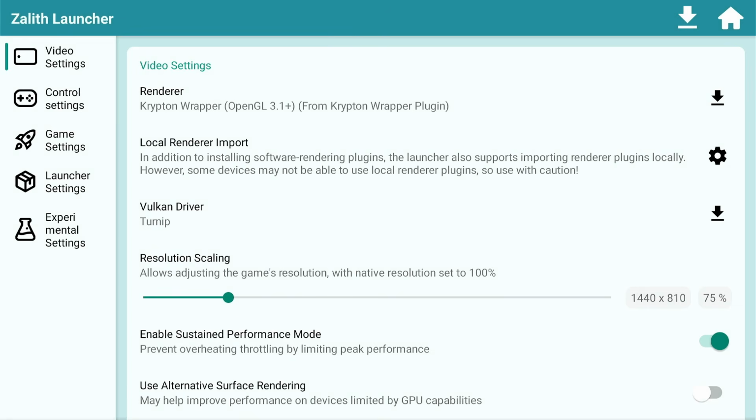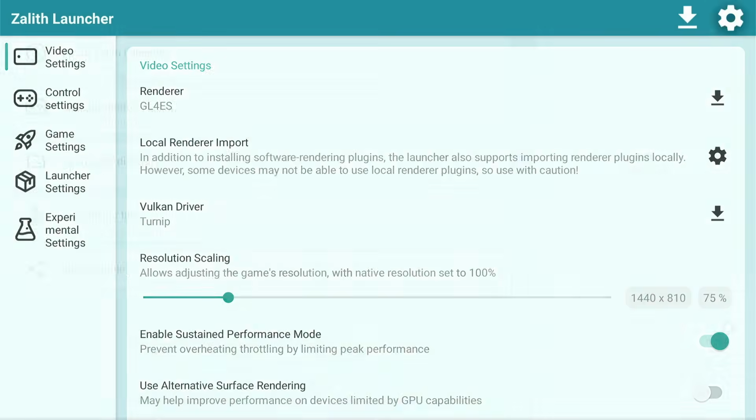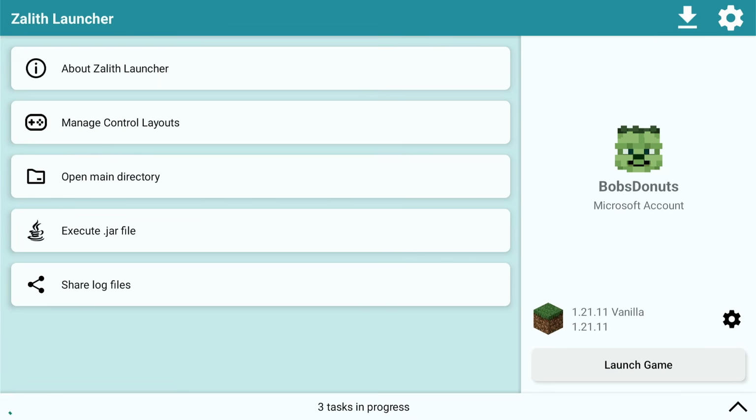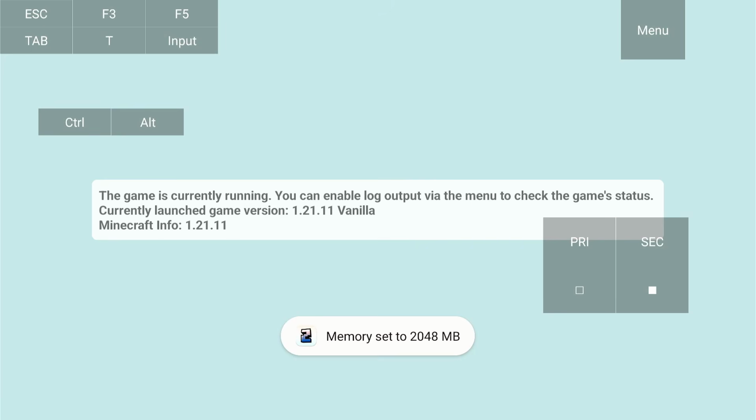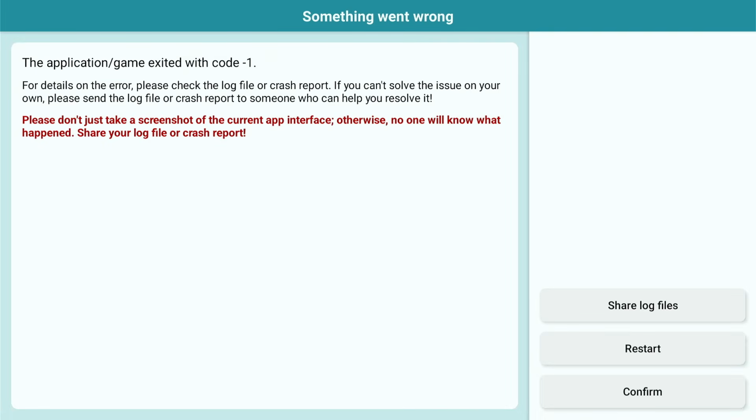So yeah, I'm not going to show you everything here, but like I said, GL4ES, if I select that and try to go to vanilla 1.21.11, your game's just going to go with a black screen. And that'll be another video because a lot of people are like, my screen's black, it's not working. And that's because you used the wrong renderer and you didn't watch a setup guide that teaches you how to set this up. Or you end up with an error code -1 like this, and yeah, that's also another issue,